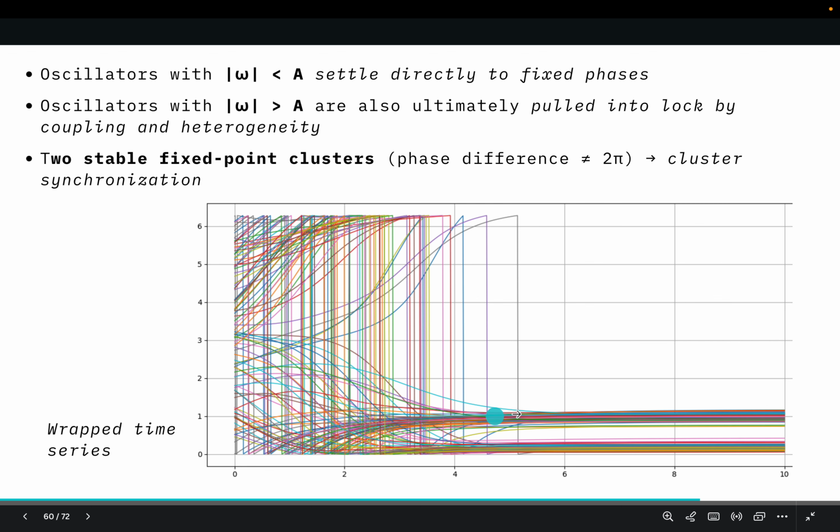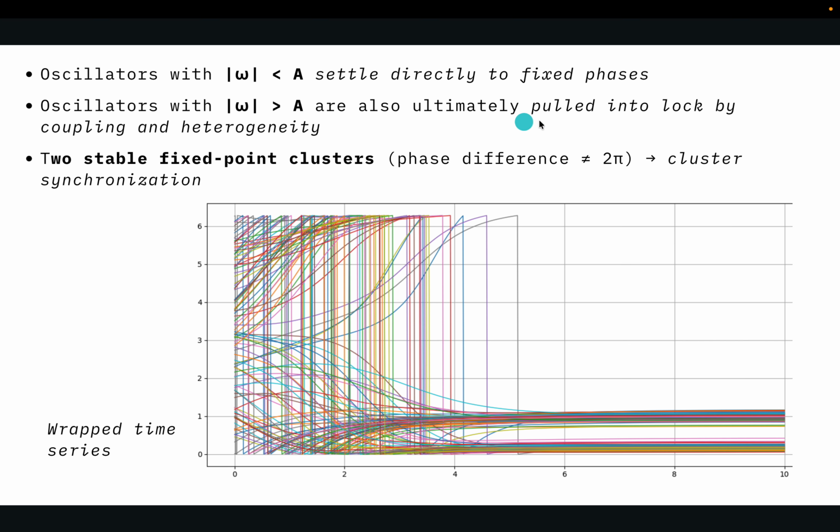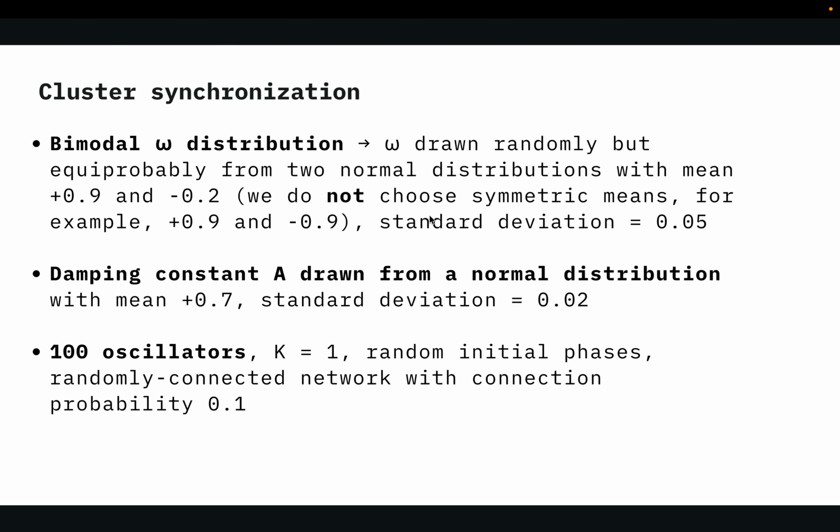So oscillators with the magnitude of omega less than A settle directly into fixed phases. You see, like these ones, I'm talking about this. And the ones which do this are the oscillators with omega greater than A. They are also ultimately pulled into lock by coupling and heterogeneity. Oh, not really. This is either the unstable fixed point case, stable unstable, or actually this situation is a bit complicated, because